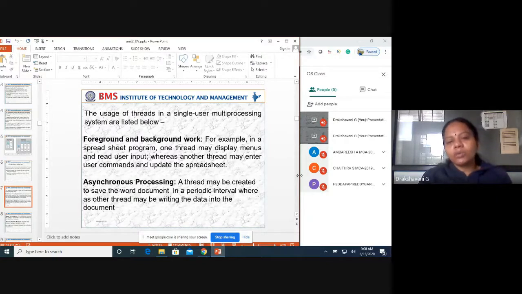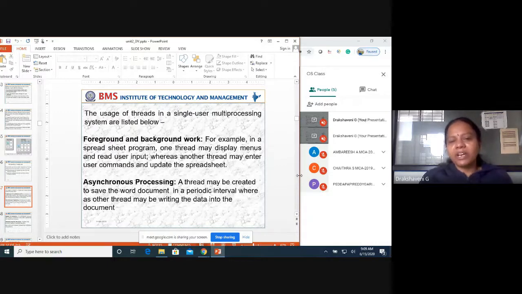In this case, we have a foreground and a background. Suppose you are doing a project: you require a front end and a back end. The front end is maybe some web pages you have created. Your background is the database you create. Database means you are creating so many tables, one table, two tables, it depends upon your project. So that is foreground and background work.